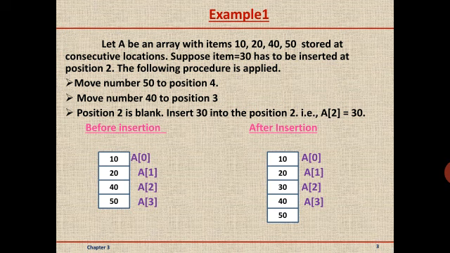So first, step 1 is what? Item is equal to A of P. Then the for loop comes: I is equal to P to n minus 1. A of I is equal to A of I plus 1. And then comes step 3, n is equal to n minus 1, and exit. Exit means end of the algorithm.